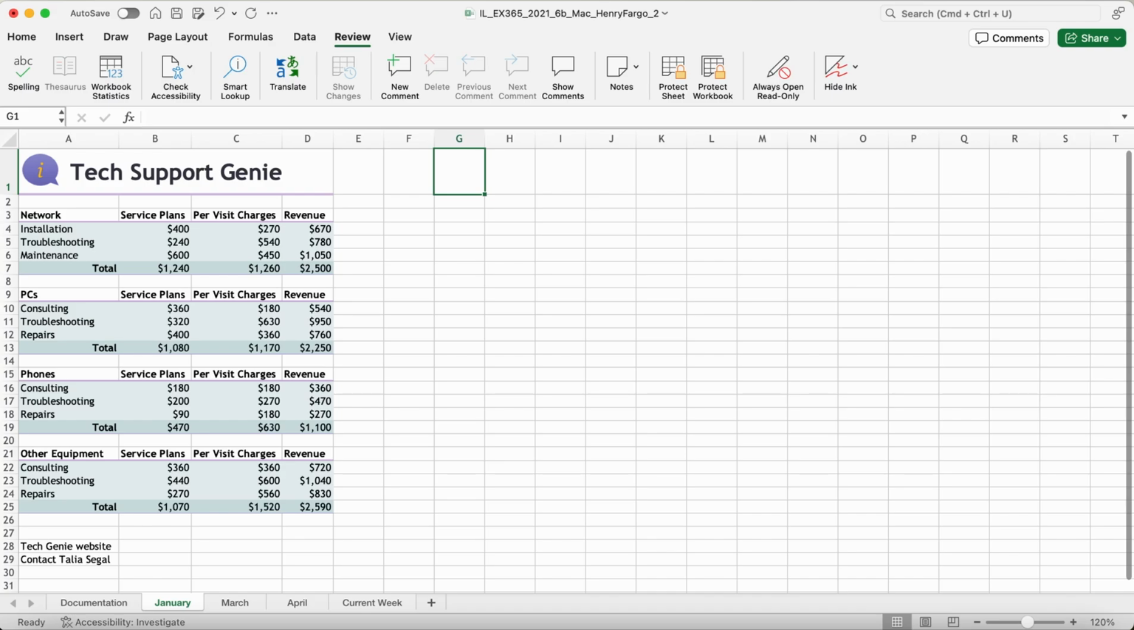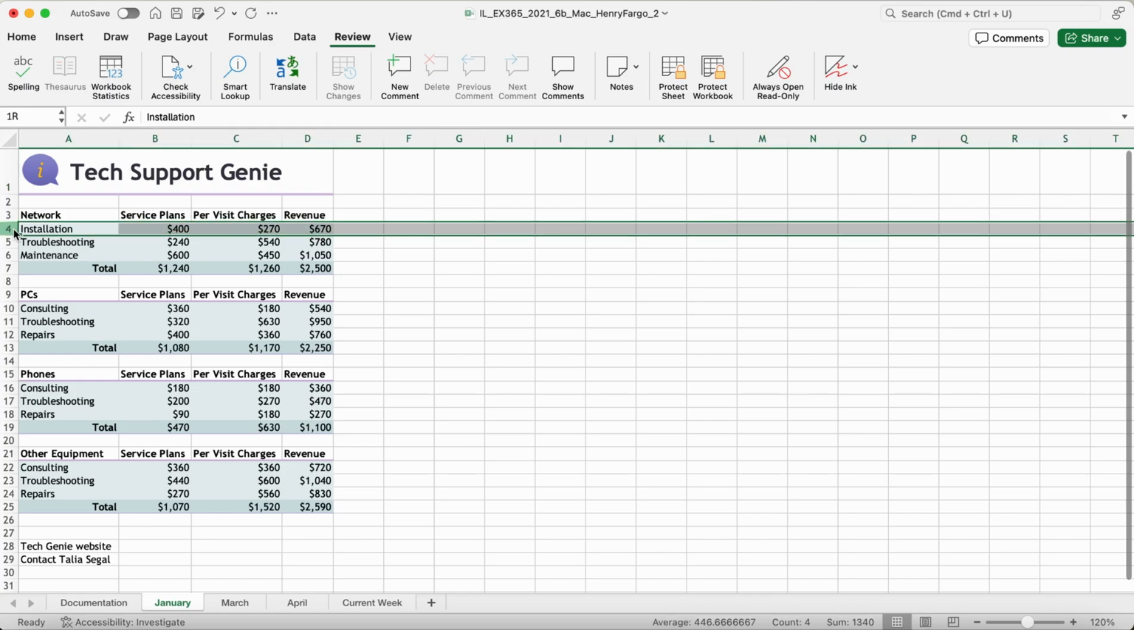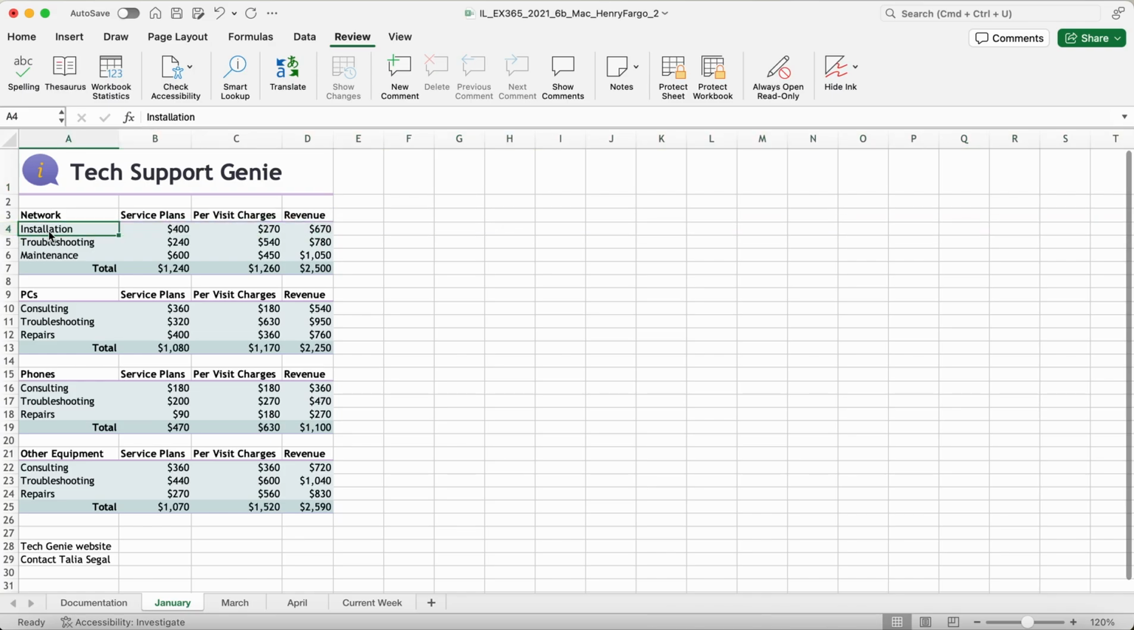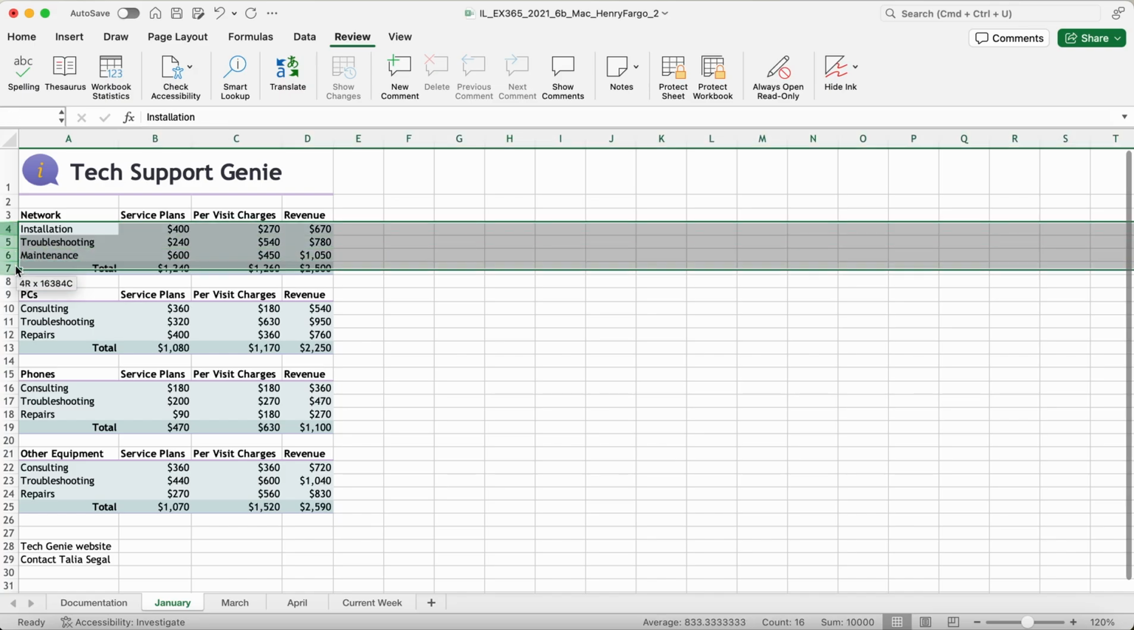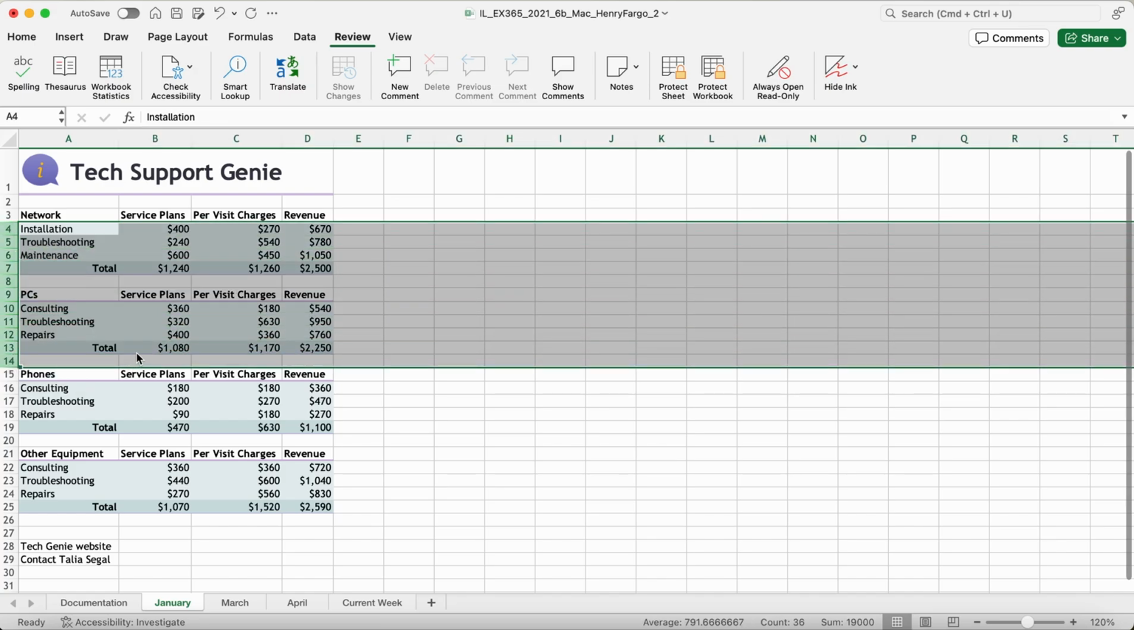Talia wants to focus on the January revenue from services to phone users, which is the lowest category of sales. Create a custom view as follows. It says hide rows 3 through 14 and rows 21 through 25 to display only the phones category of sales. So it's 3 to 14. And then it wants